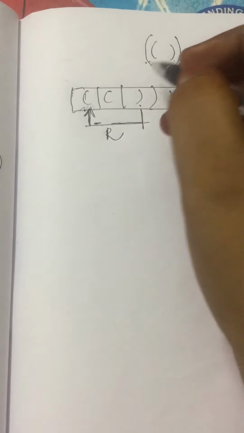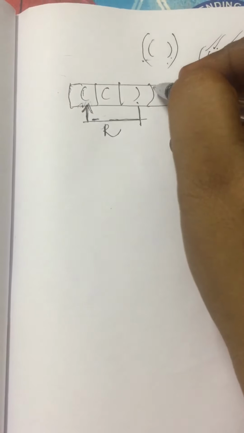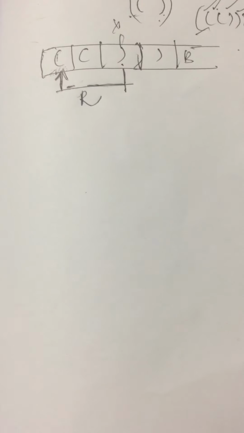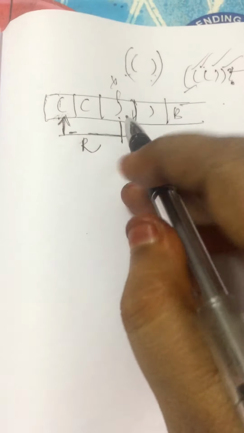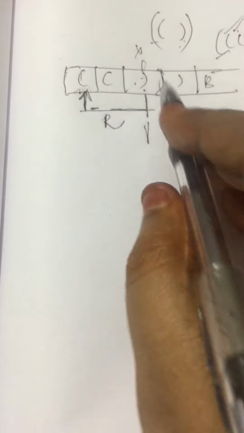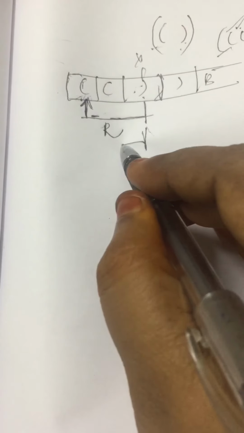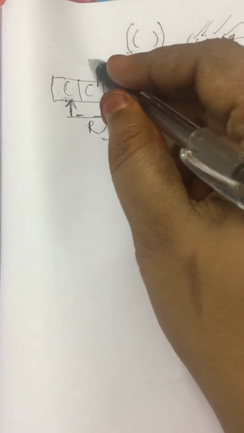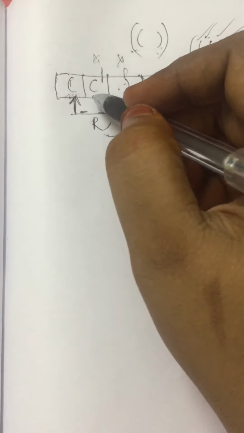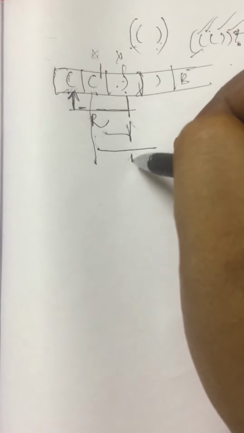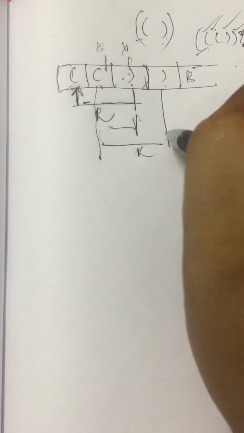Now this closing brace will be converted to some symbol. Take either X, A, B, or any other symbol you like. So this will be converted to X. From here it moves to the left direction to find an equivalent open brace for this. The equivalent open brace is present at the immediate left. Now this will be converted to X. Again from here it moves to the right direction in search of a closed brace.